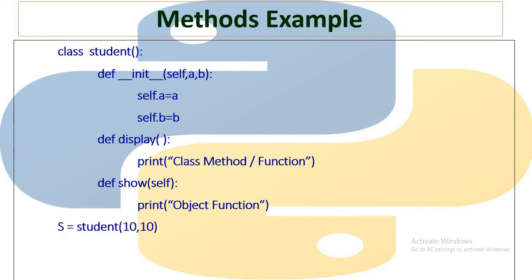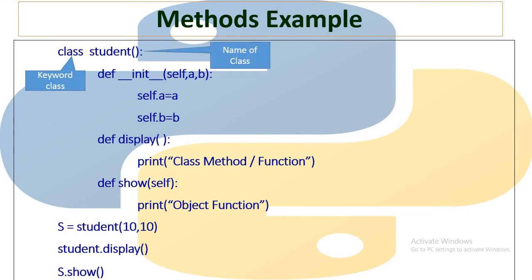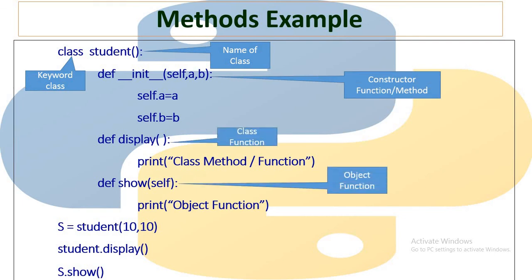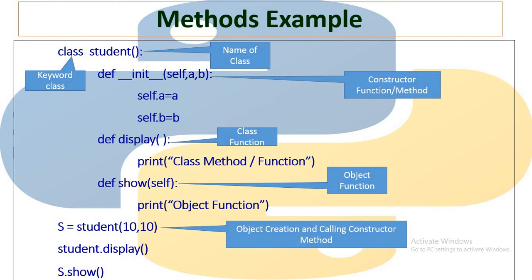So this is the way I am creating an object, but if you look, this object is created from the class by passing some parameters. So this is nothing but the call of the constructor. We will see it in detail. For example, then I am calling the class method and then I am calling the object method. So this is again creating a class, the name of the class, and the naming convention should be followed. This is the constructor method, this is the class method, and this is the object method. This is the call of the constructor, this is the call of the class, and